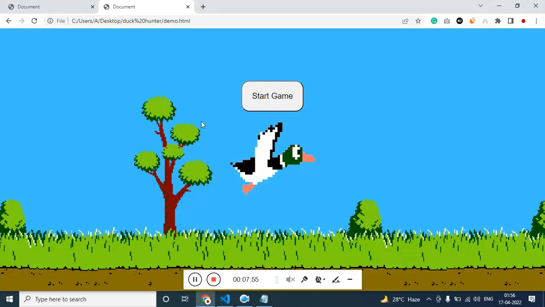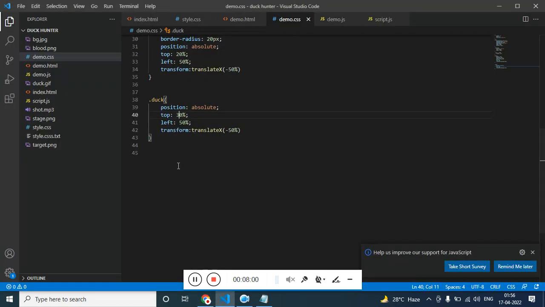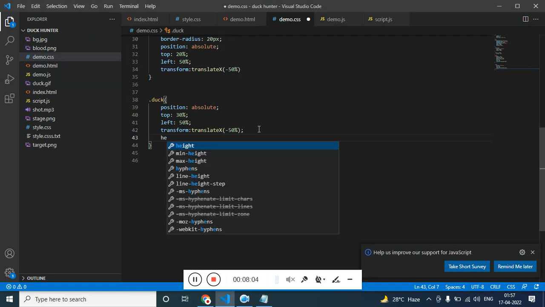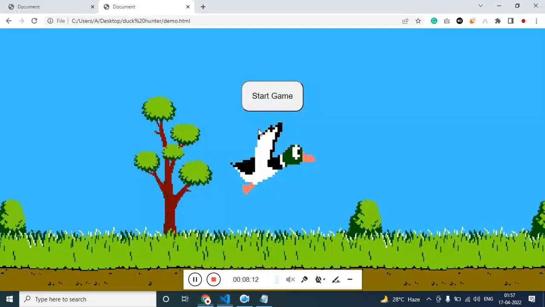Cool. So this is how it looks while starting. You can decrease the size of the word or the duck. Height, let's say 150 pixel. Width of the duck, let's say 150 pixel. Alright,